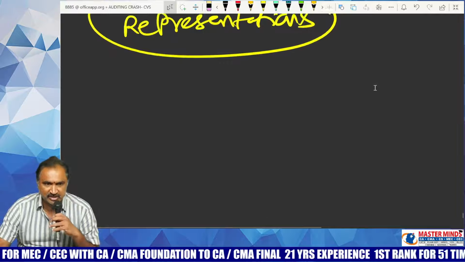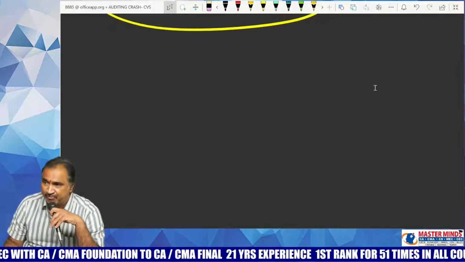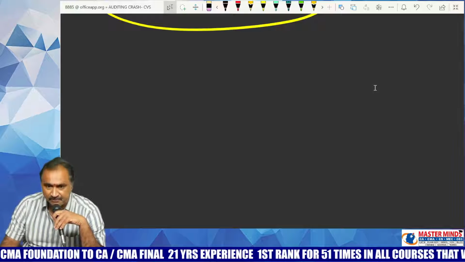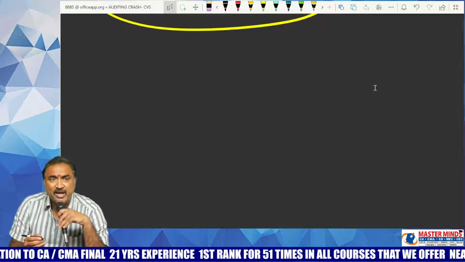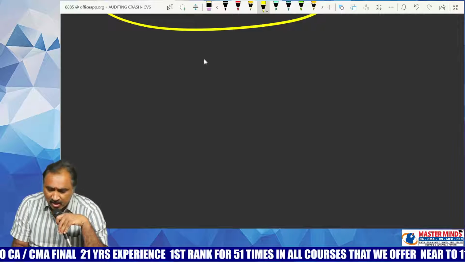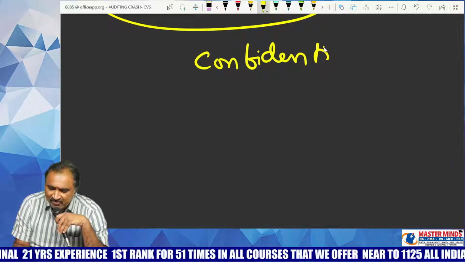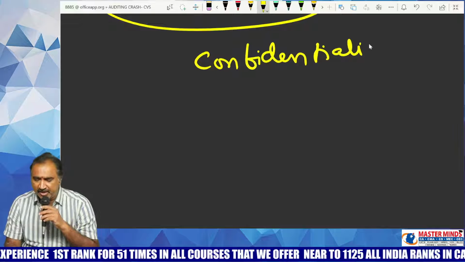Such information and explanations provided by the management to the auditor in writing are technically called written representations. Sometimes, although the auditor is asking for information and explanations, the company may be reluctant to provide the required information to the auditor on the grounds of confidentiality. What is meant by confidentiality?